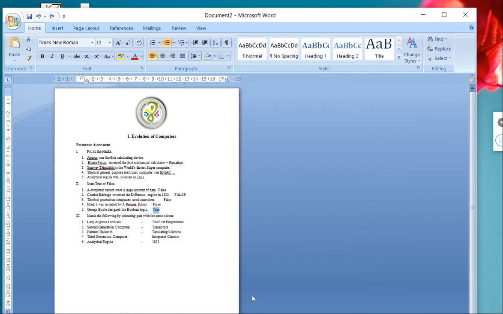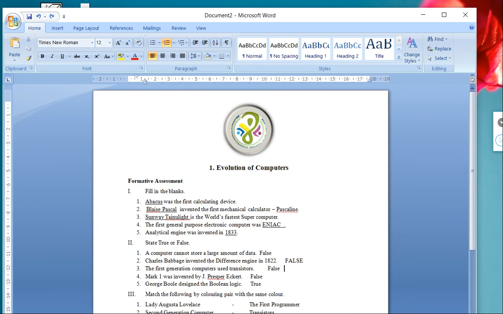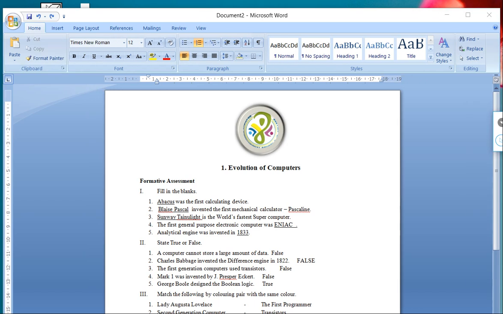So for you, header means what? Head. Where is our head? At the top, isn't it? And footer means our feet. So the header will come at the top and the footer will come at the bottom of our page. So what is header and footer? Header and footer are used to place important information at the top and at the bottom of every page respectively.